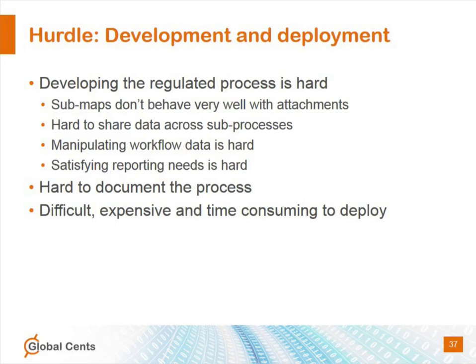Using submaps is especially challenging for the map designer and user alike. Currently, when a submap is used to generate a sub-workflow, a shortcut to the parent workflow's attachments folder is created in the attachments folder of the sub-workflow. Everyone knows that. This gets to be cumbersome. It also creates a problem for the electronic signature module trying to use that in the sub-workflow process.